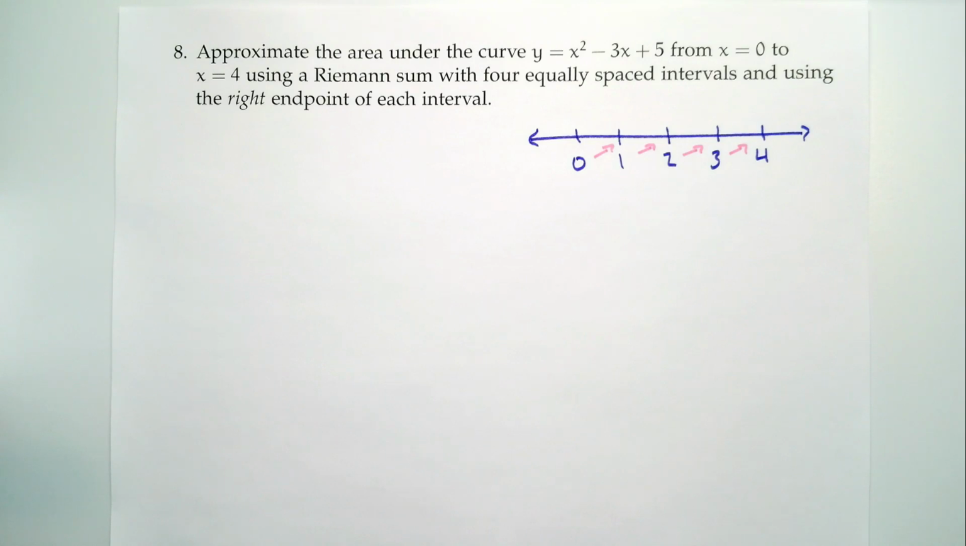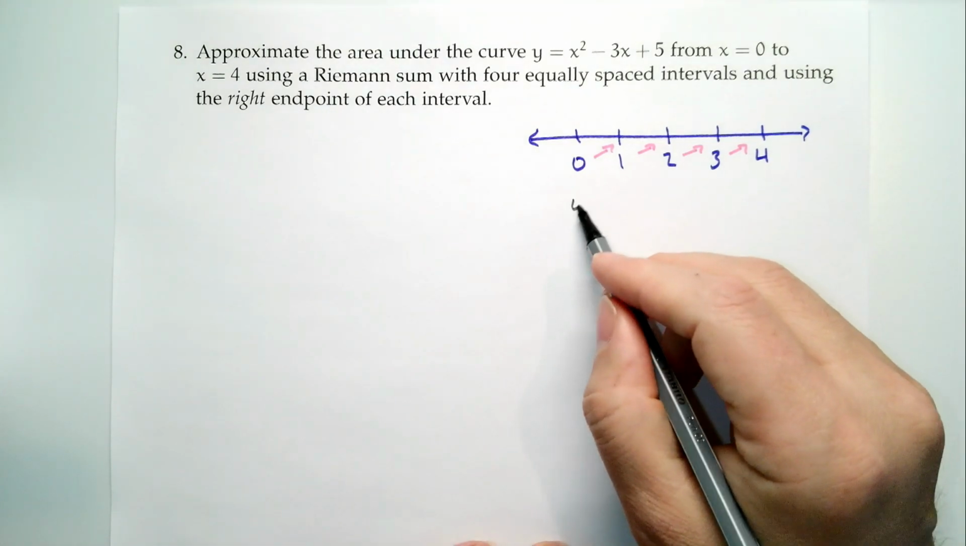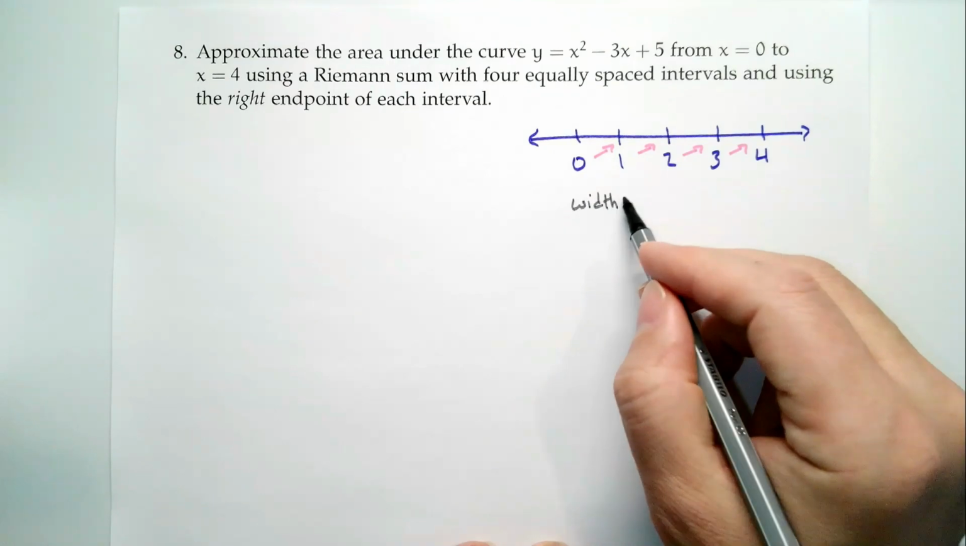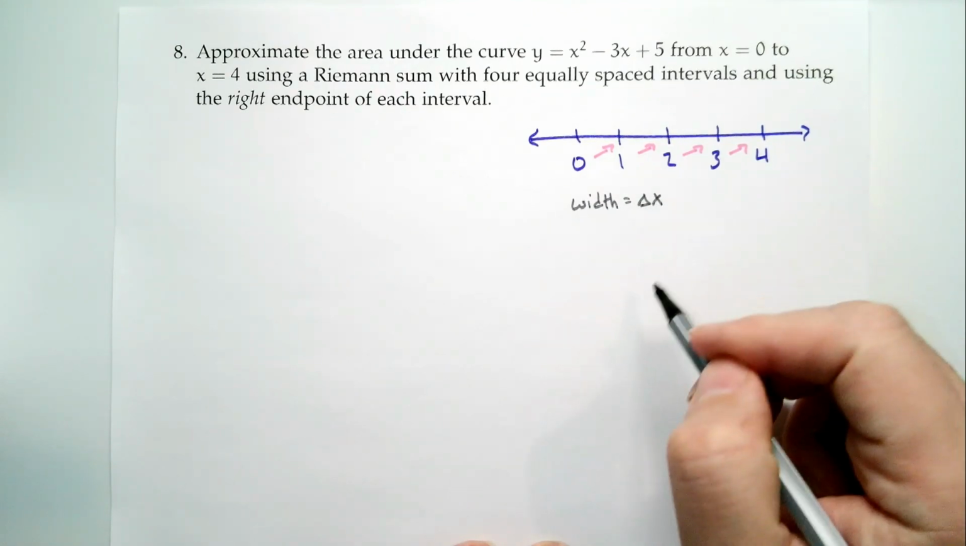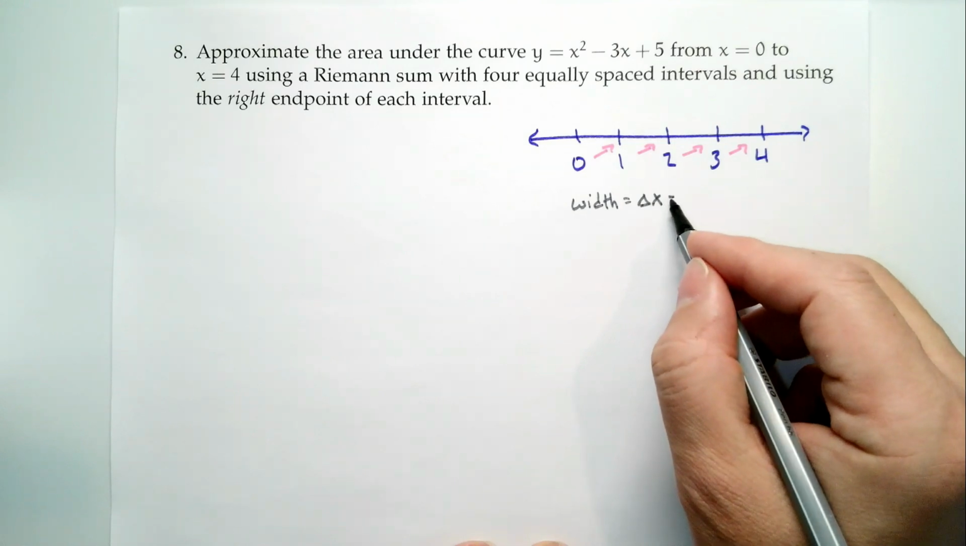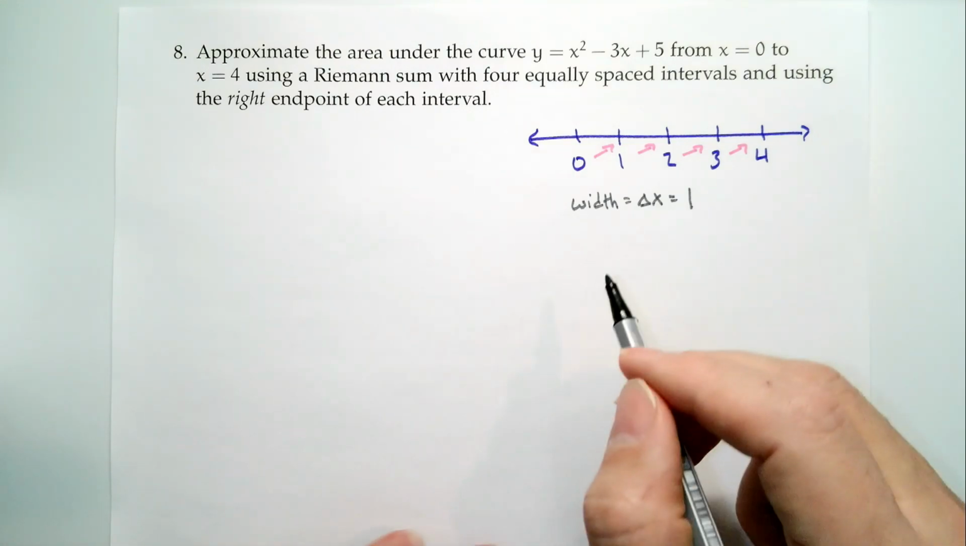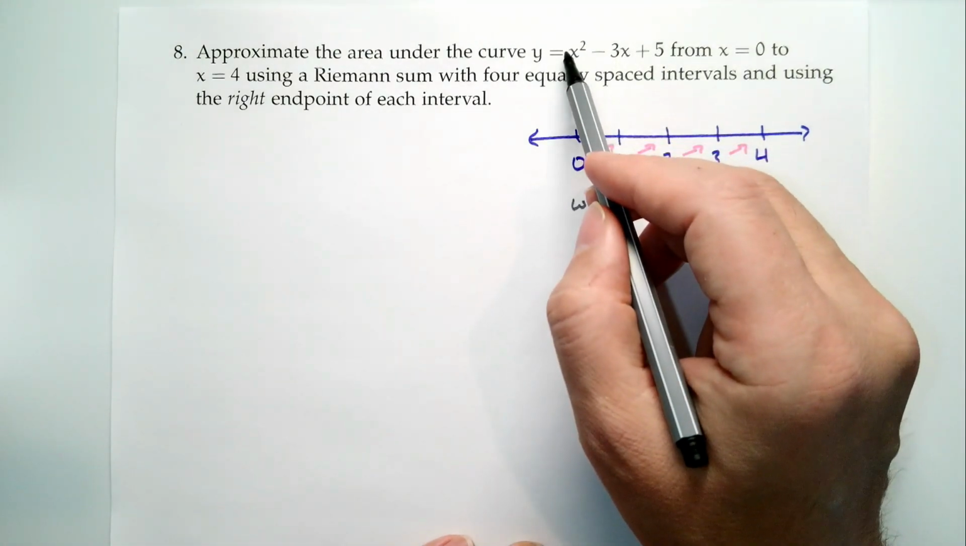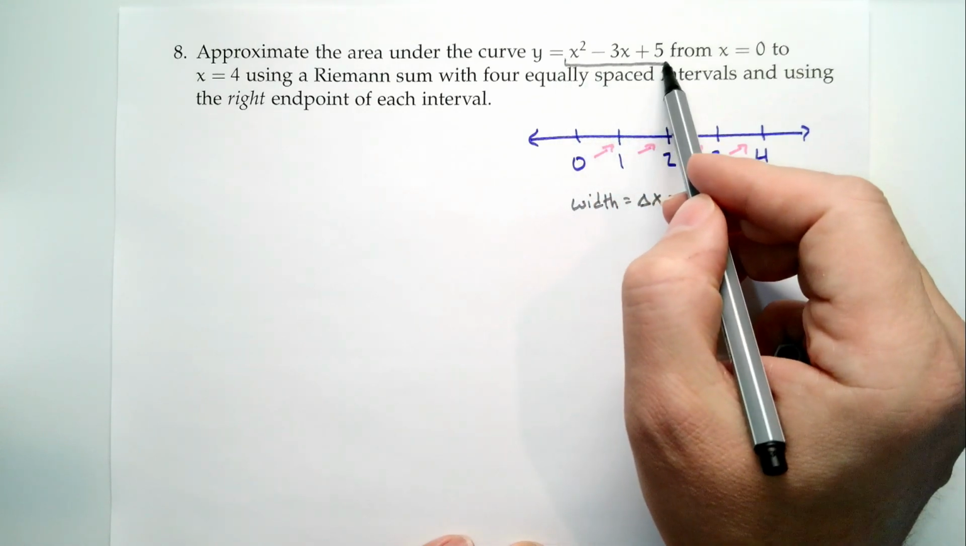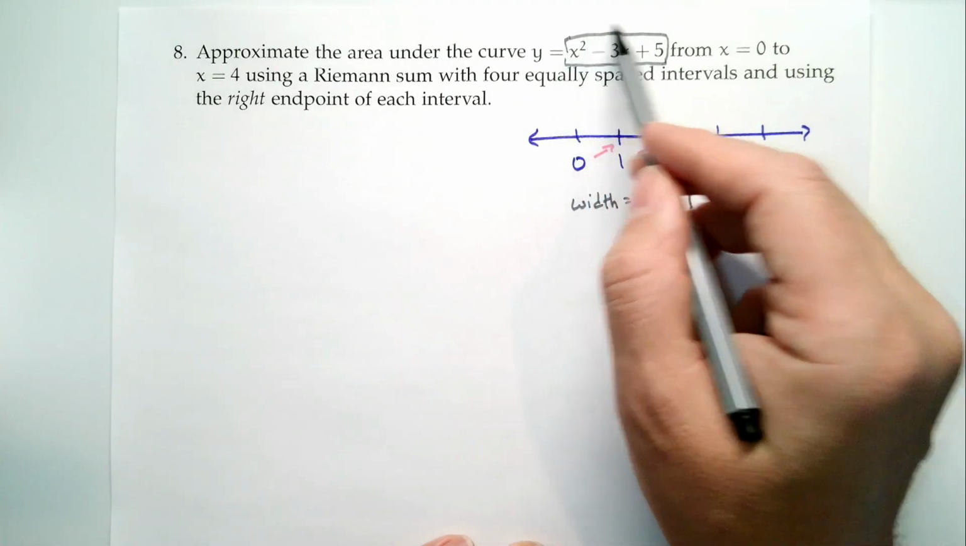Now, the last thing we need to know before we really start is what's our width? Another way to say the width is what's this, or we sometimes call that our delta x. And in this case, because they're equally sized, they're all 1. So if we think about this as our f of x,